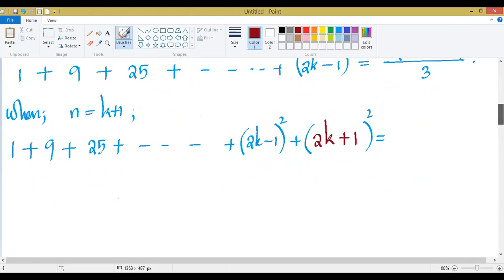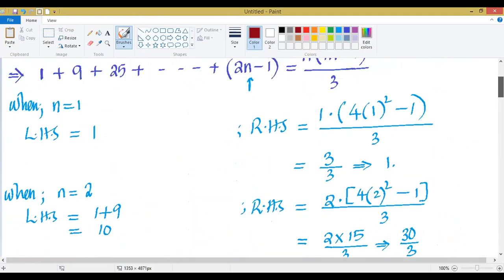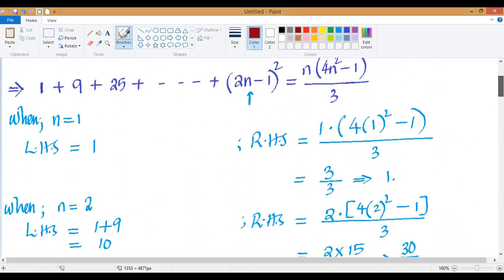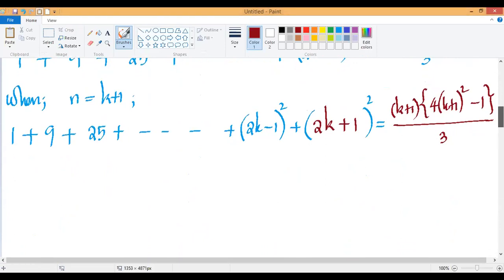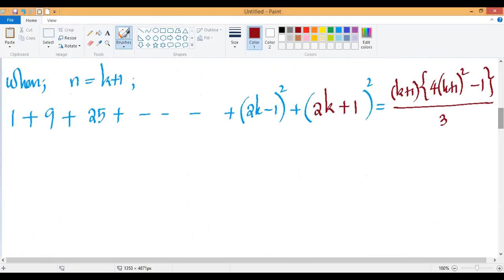Then similarly, at the side of the sum, feed in k plus 1. So you will have k plus 1 into 4 into k plus 1 all squared minus 1, but the whole quantity divided by 3. That way. So now